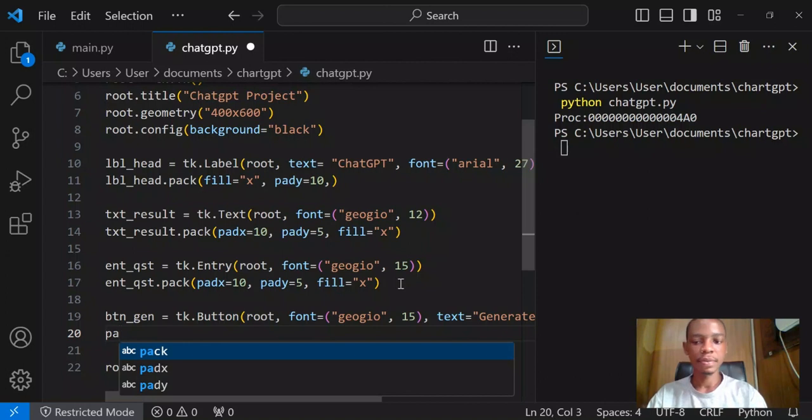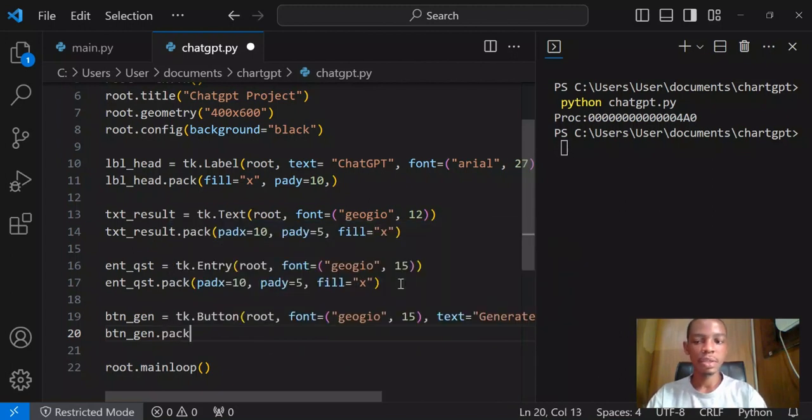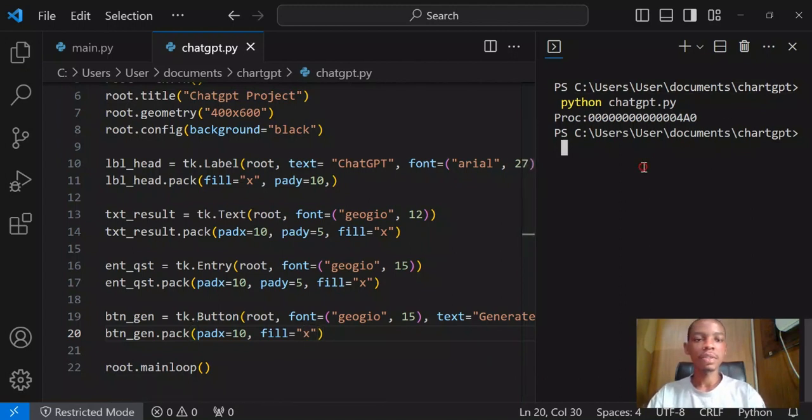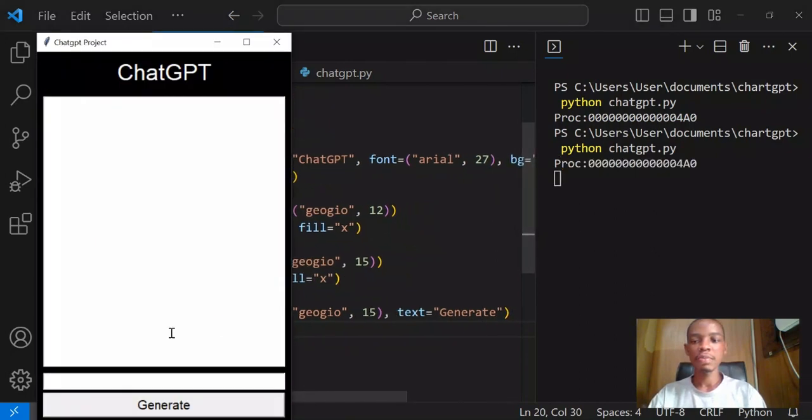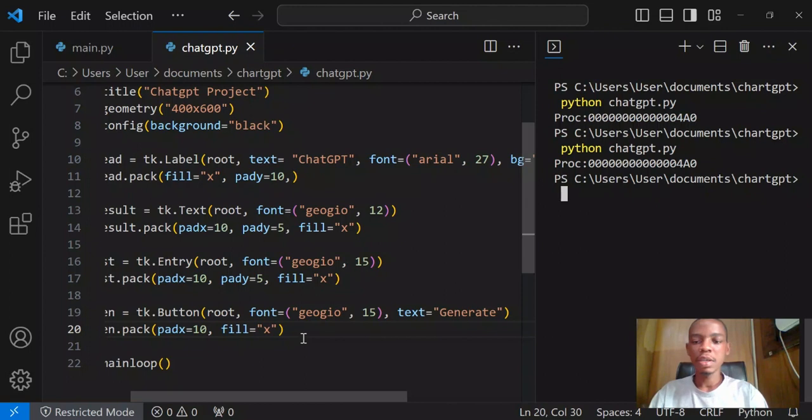Then pad button generate dot pack, pad x equal to 10, pad y. Don't really want to pad y. Let me just see how it's going to be like. Then fill x. Then let me save this. Okay, our generate button is already there, and